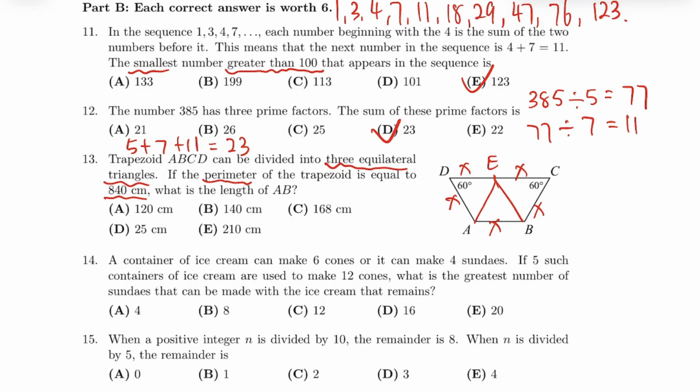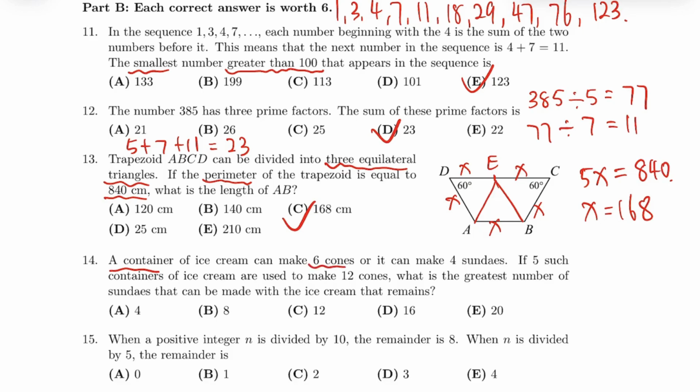So how many X in total do we have for the trapezoid? 5X, right? So 5X equals the perimeter of the trapezoid, which is 840. So the value of X is 168 centimeters. So the answer is C. Okay, so next, 14. A container of ice cream can make